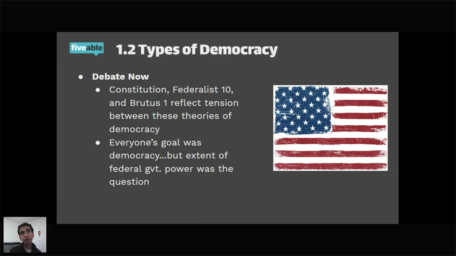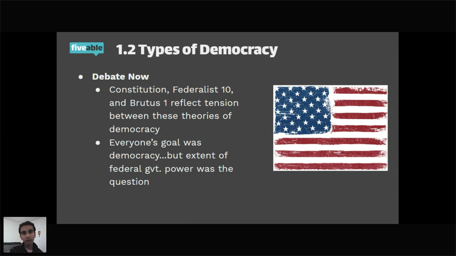So in terms of the Anti-Federalists, they felt that it should be all power to the states and not any power to the federal government, whereas the Federalists felt the opposite way. In terms of why the Anti-Federalists felt that way, they had just come out of Britain where they were so controlled